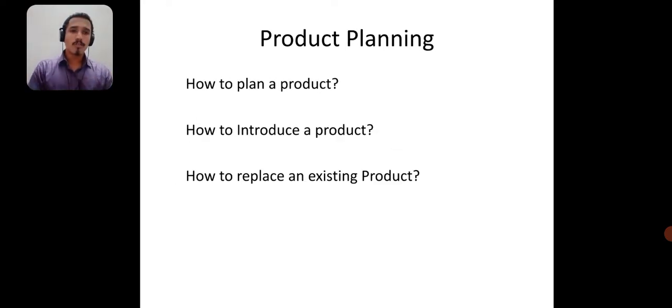Let us move ahead. What actually is product planning? We talked about product in the previous class. Let us see the planning part. So what actually is planning? Product planning is nothing but how we plan a product, or generally what we do to either manufacture a product, to market a product, or to establish it in a market.